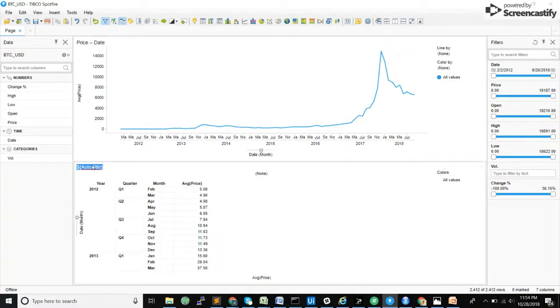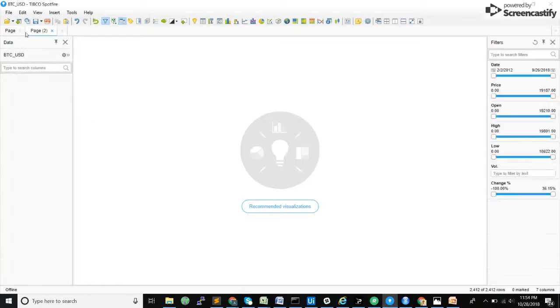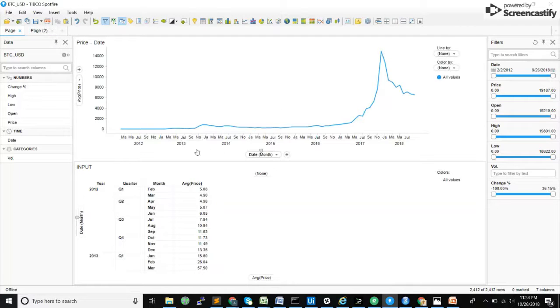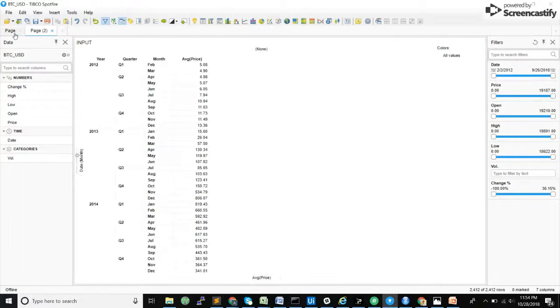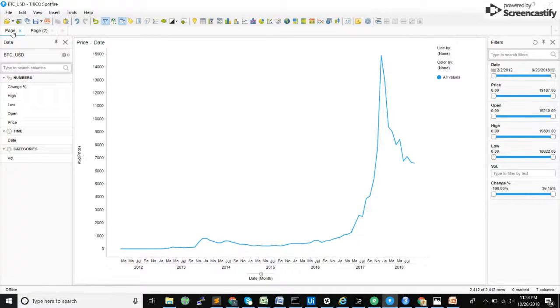So we might as well call this input. And since it's just going to be running behind the scenes to get the values of this line chart, I'm just going to go ahead and move this to a separate page to save ourselves some real estate. So once again,